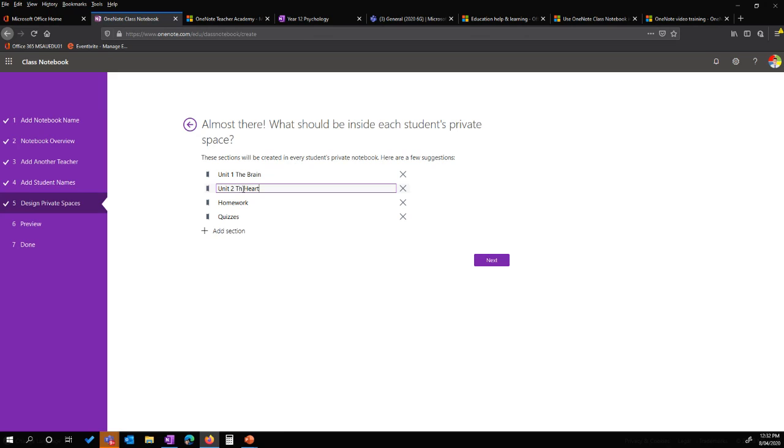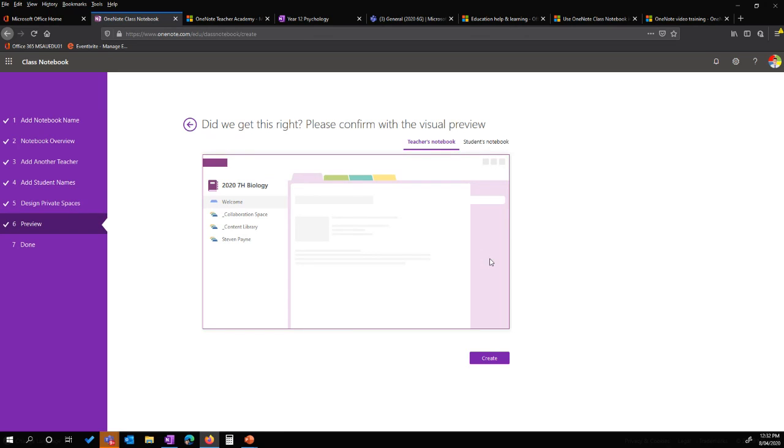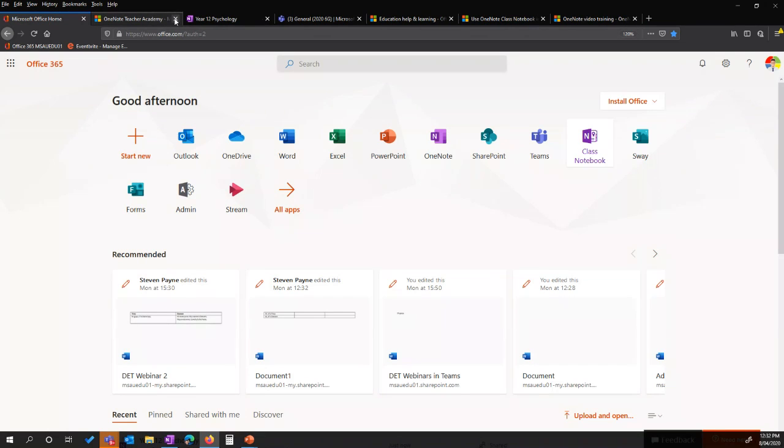Okay, so I could create all those, and then when I'm ready to go, I hit next. And it will say, this is what I'm going to create for you. Are you ready to go? And I would say yes, and then I would create that. All right. But in this case, we're not going to go ahead with that because I want to show you,